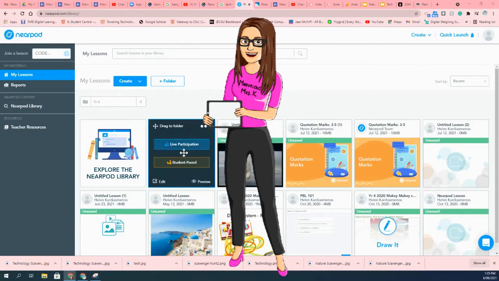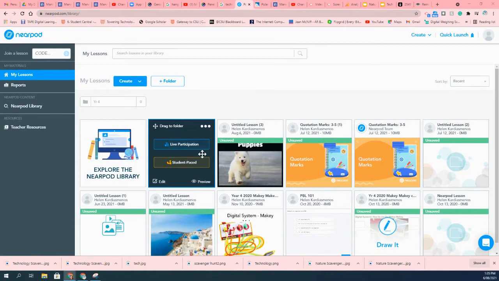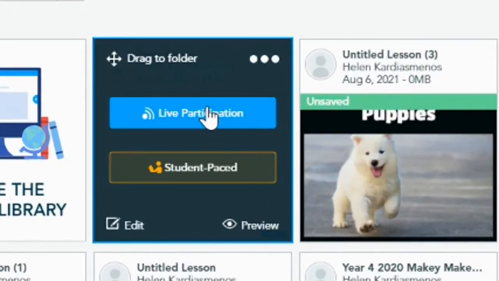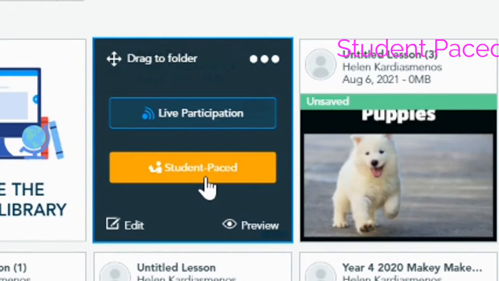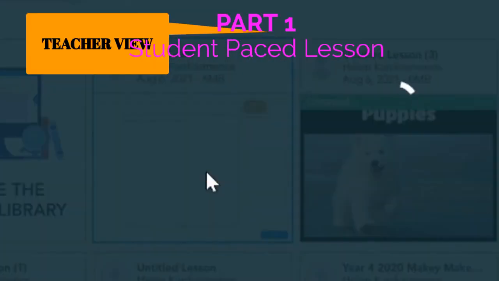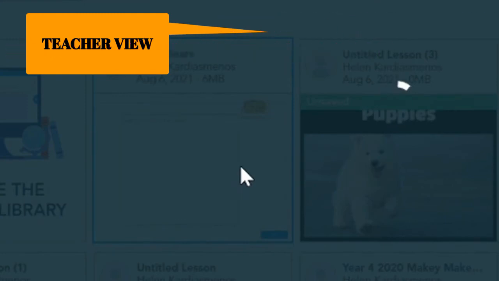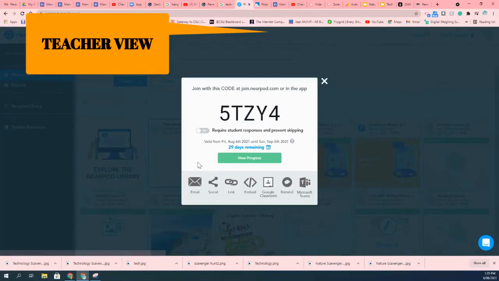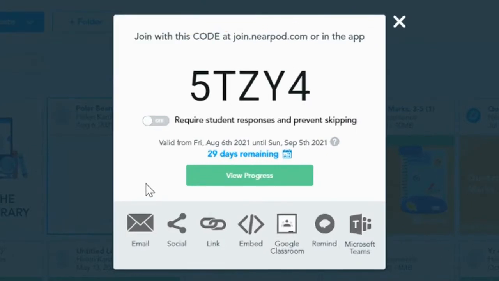Once my lesson is ready, there are two ways that I can share it with my students. I can share it through a live participation, or I can share it through a student-paced lesson. So let's start by assigning this one as a student-paced lesson. So what this means is the students will be given a link to access the particular lesson, and they'll be